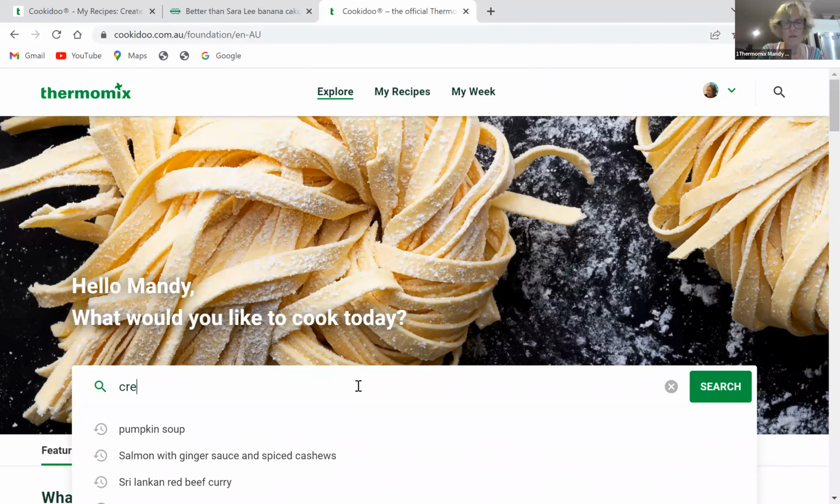So has anybody got any questions at all? We're going to go into scaled in a minute. Any questions about created? No? All right, we'll go into scaled then. So let me find the recipes I'm going to do for this. All right, so back into Cookidoo. And I'm going to explore, and I'm going to find the creamy coconut